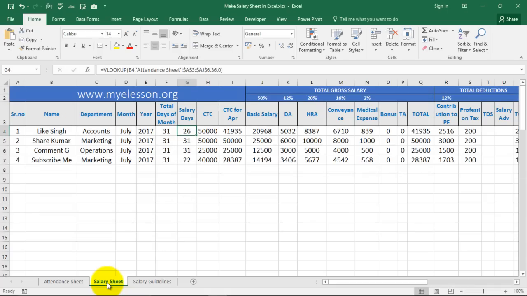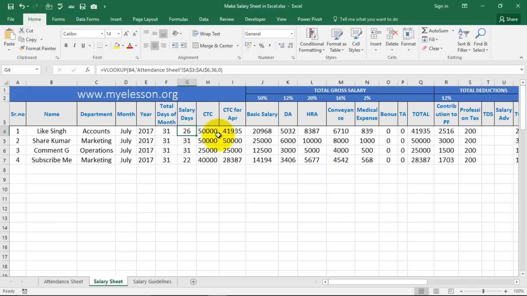So I'll tell you how I made the salary sheet. So over here is the serial number. Here is the name, their departments, the month you have to enter, July, year again you have to enter, total number of days you have to type in. Salary days will be calculated based on the name that is mentioned over here. Plus you have to mention their CTC. The rest all is calculated. I will show you.